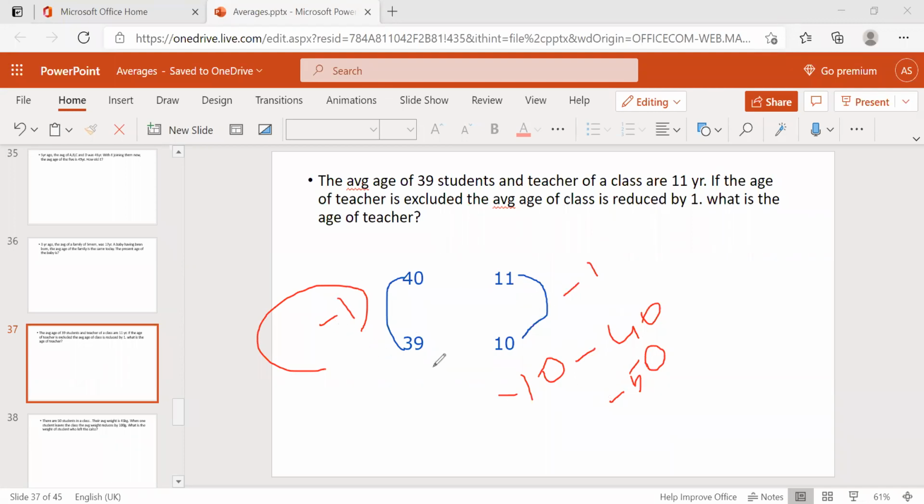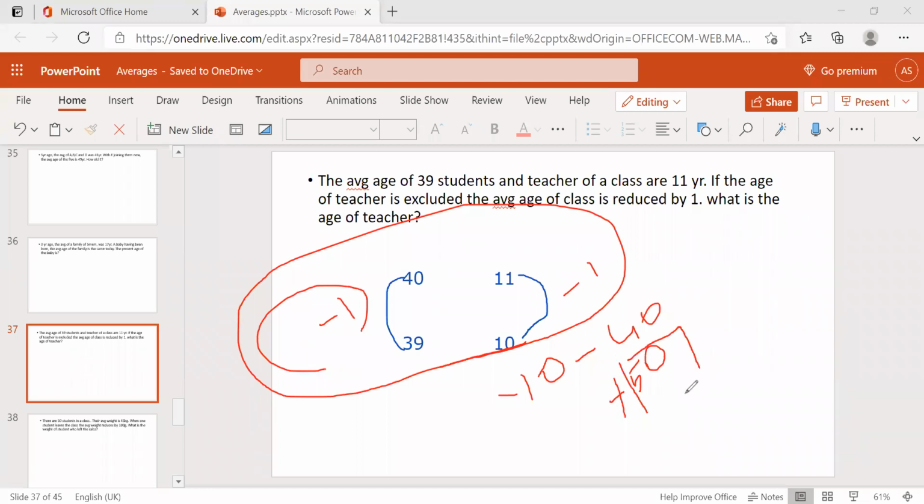So you have to consider these plus or minus signs here. It is very important while taking the difference. The minus and plus sign is very important. But at the end of the answer, if it is minus also, neglect that minus, so it is plus only, because weight and age will be plus only. Okay, right answer.